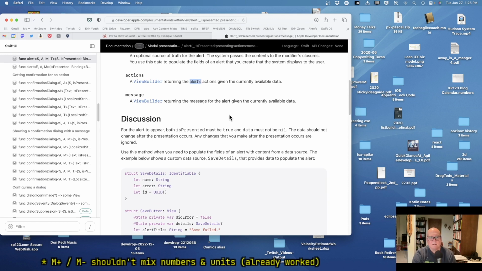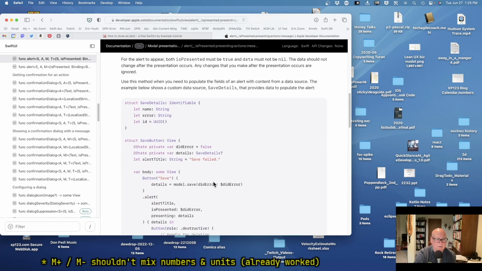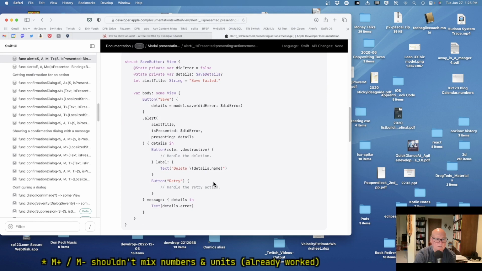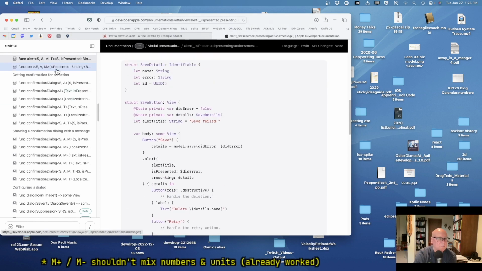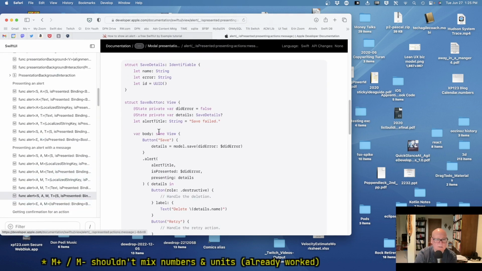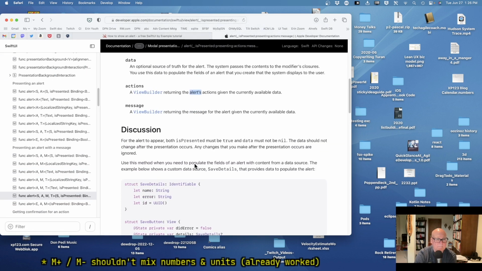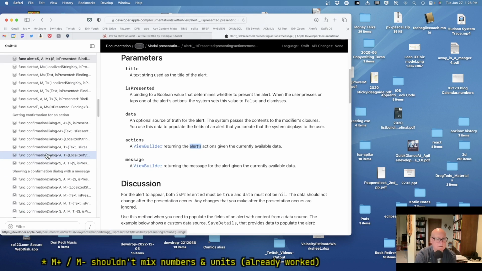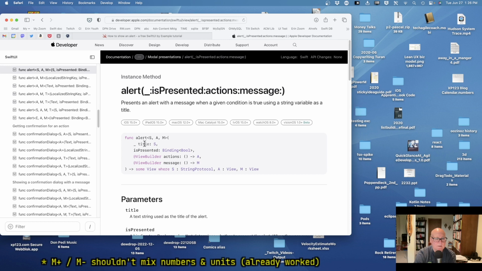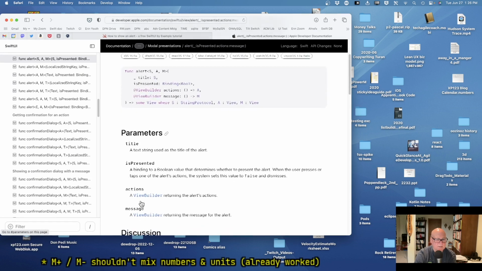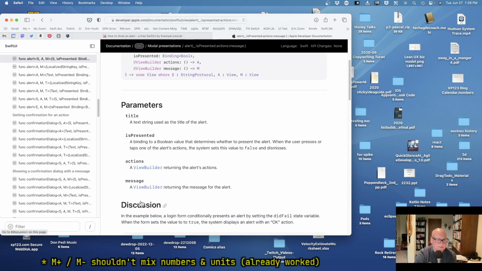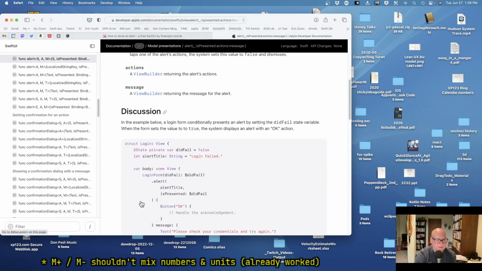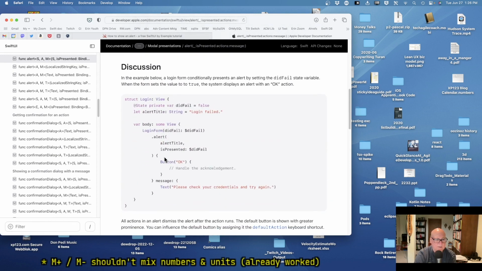Return the alert's actions given the currently available data. Well, that makes me think I gotta have a variation that doesn't need actions. Alert is presented actions. I mean, I can do that, but